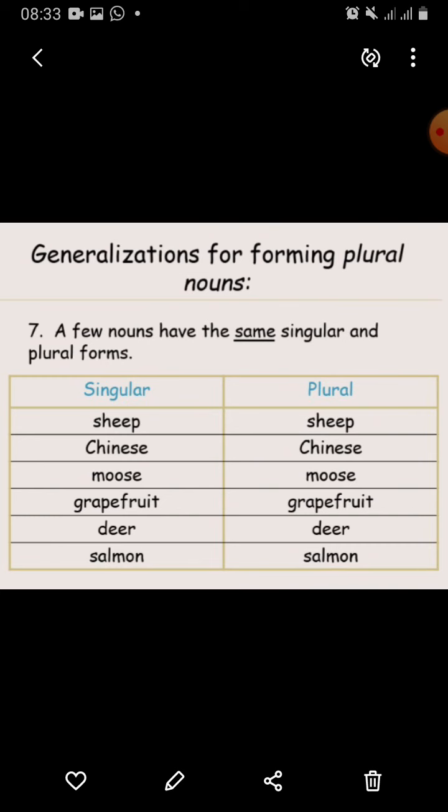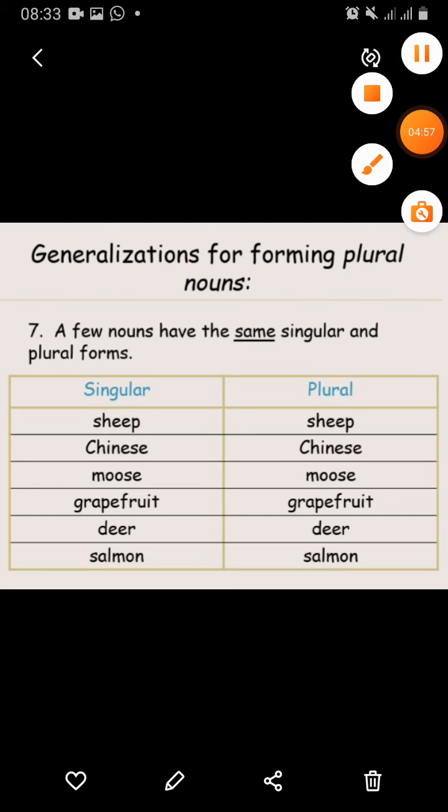For example, singular sheep, plural also sheep. Chinese, plural also Chinese. Moose, plural moose. Grapefruit, plural grapefruit. Deer, plural deer. Salmon, plural salmon.